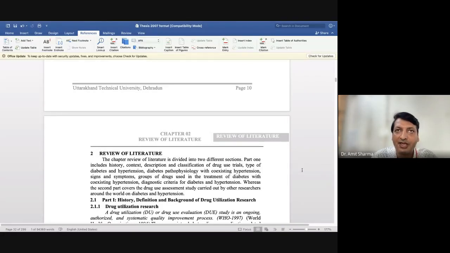What it means is, section 1 was the literature about the work which is not the scientific part, for example, what a drug utilization study is, the types of diabetes, the symptoms of diabetes, and the current treatment of diabetes recommended by WHO or any other agency. That was added in the first part of the review of literature. The second part of the review of literature was the studies conducted by other people.